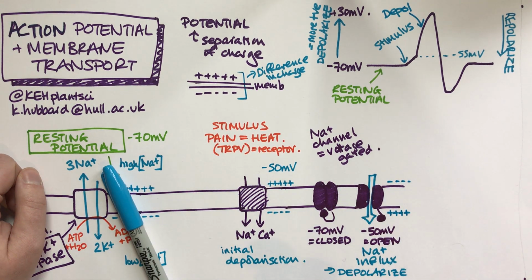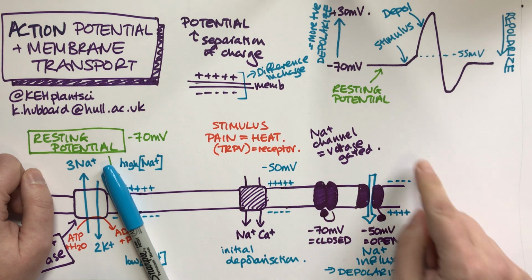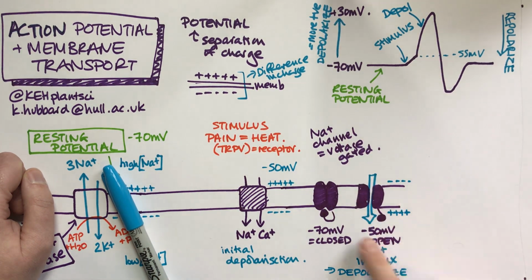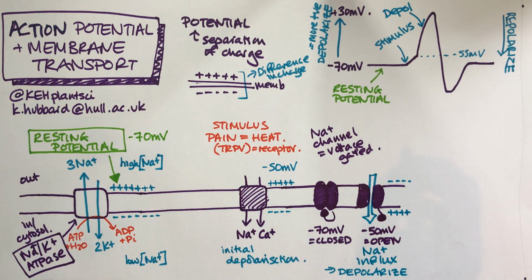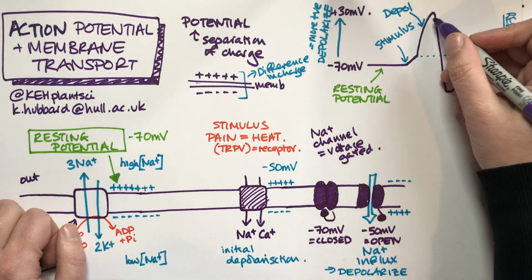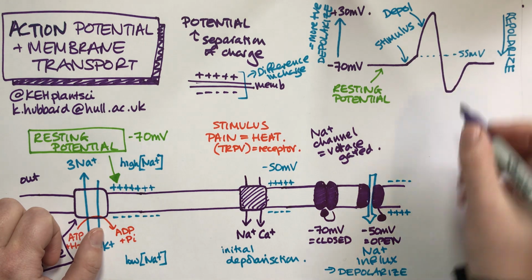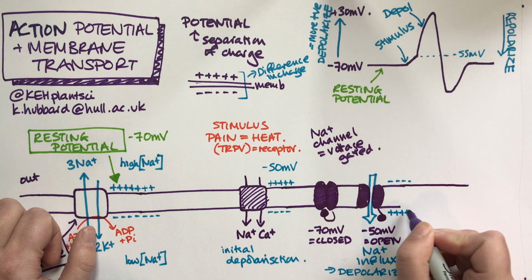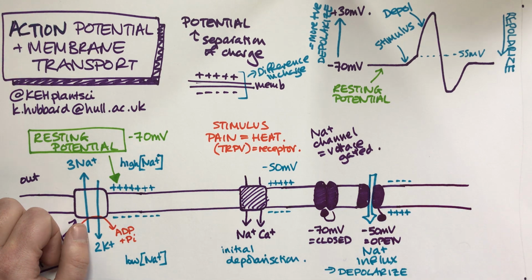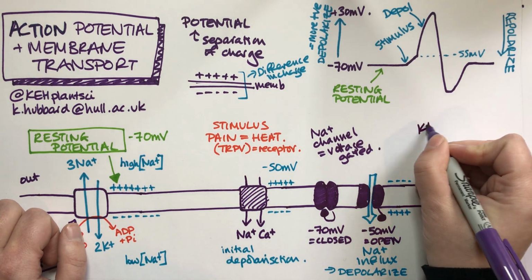Okay, so it's so much positive from the sodium that we actually flip the membrane potential, so it's now more positive inside. Okay. So we've had a massive influx of sodium, we've depolarized the membrane, but we need to start getting it back to its resting phase. Okay, so we have another protein, which is a potassium channel,